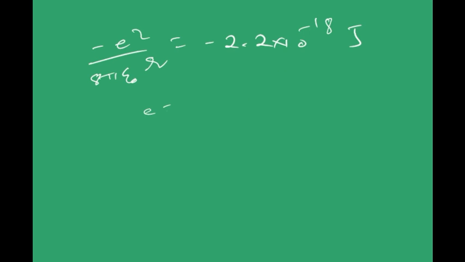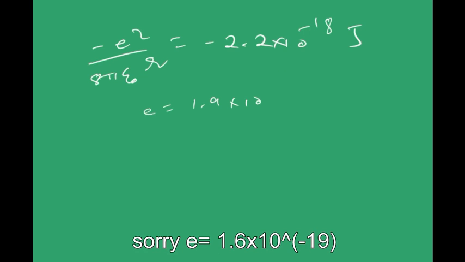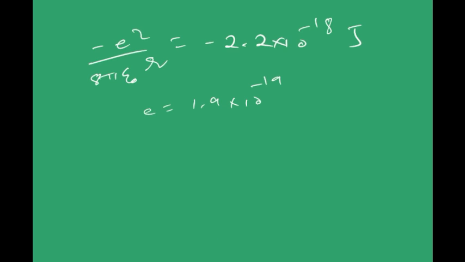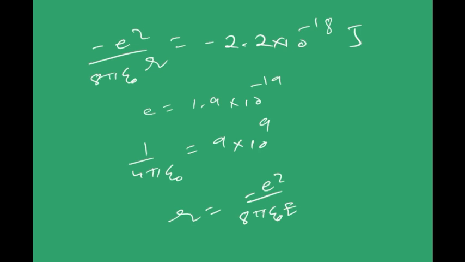So finally I'm going to get minus e square by 8 pi epsilon naught r is equal to minus 2.2 into 10 power minus 18 joules. I know the value of e, it is 1.6 into 10 power minus 19, sorry. And I don't remember the value of epsilon naught, but I always remember it this way: 1 by 4 pi epsilon naught will be 9 into 10 power 9. So from this I can write the equation as what? My r will be minus e square by 8 pi epsilon naught E,